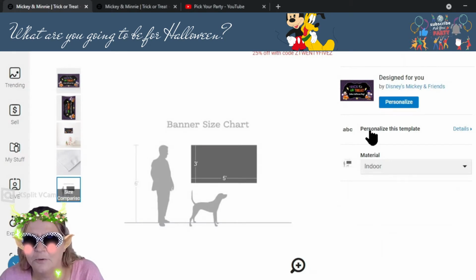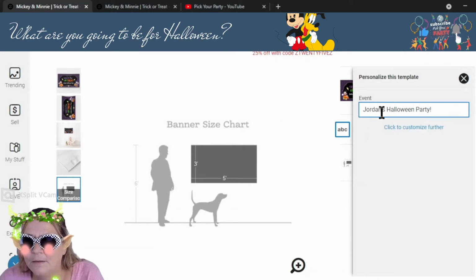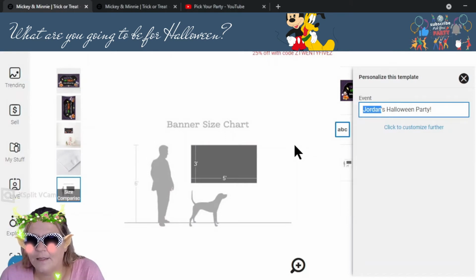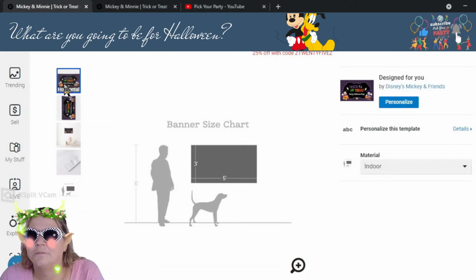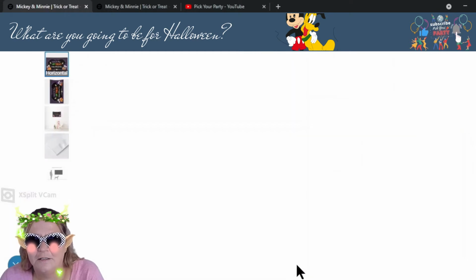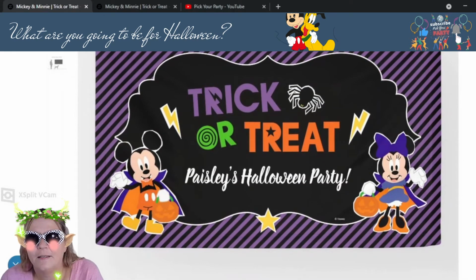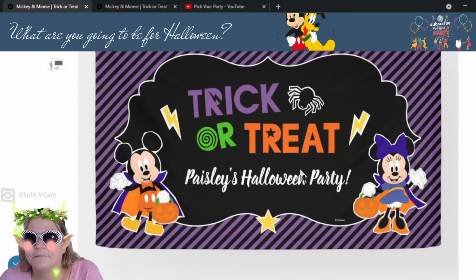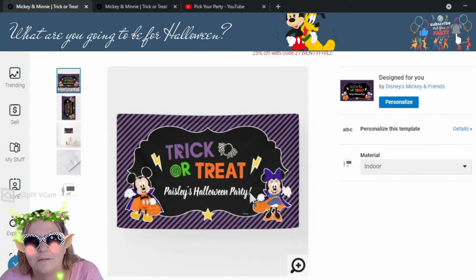Trick or treat. Jordan's Halloween party. Well, let's jump right in and let's personalize it. I want you to see how fast you can do this. And that's what I love and want to share with you, is how amazing and powerful Zazzle is. It took me just a few seconds to update this with Paisley's Halloween party. And within seconds, we have